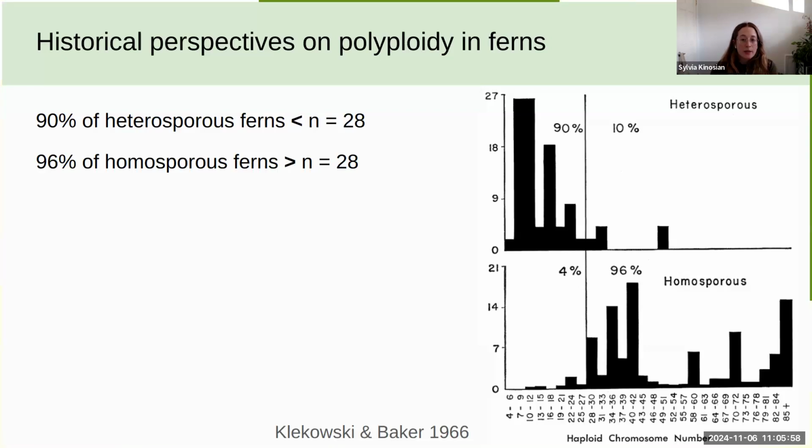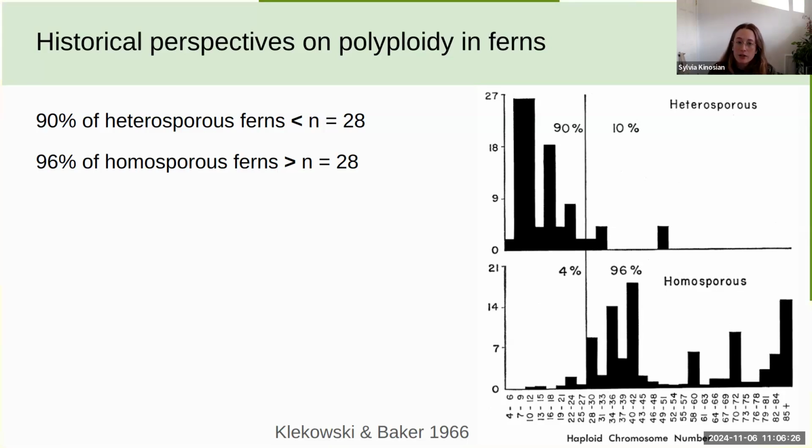So all the way, this began with work on cytology in plants at the beginning of the 20th century, as well as with Irene Manton in the 1950s, looking at the cytology of ferns and lycophytes. But I believe it was Kwiatkowski and Baker in 1966 that really stated this pattern in a really clear way, and what they noticed here, and you'll see in the figure on the right here, is that about 90%